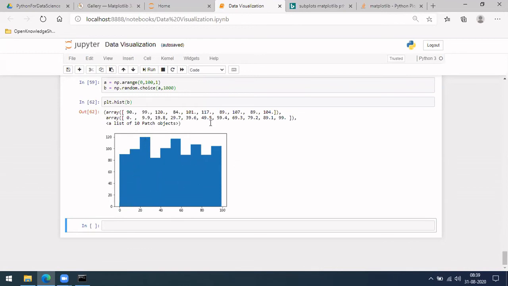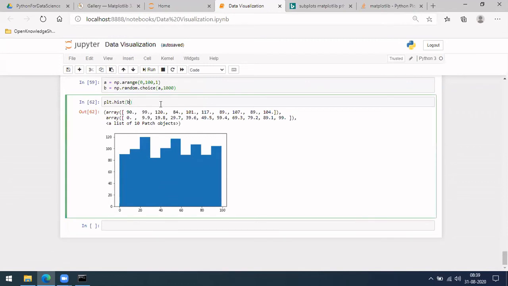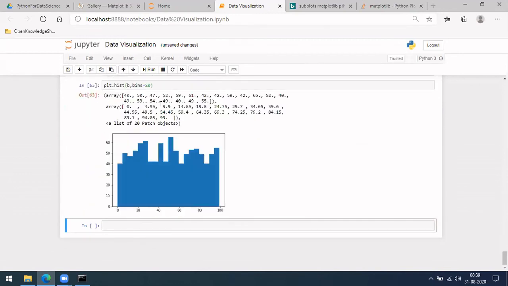Let me give the number of bins equal to 20. So it has given much smaller bars, where it has divided 0 to 100 into 20 equal parts. So it will be 5 each. From 0 to 5 there are 40, from 5 to 10 there are 50, similarly like this.